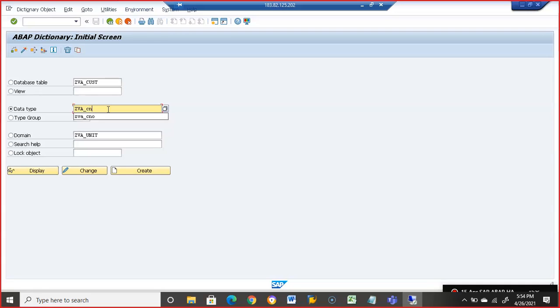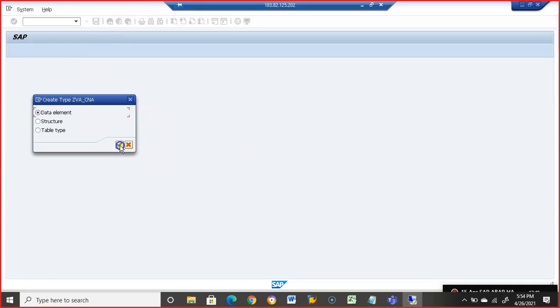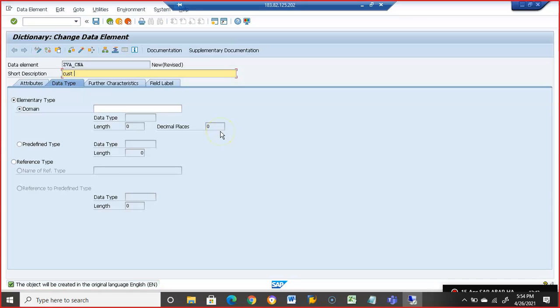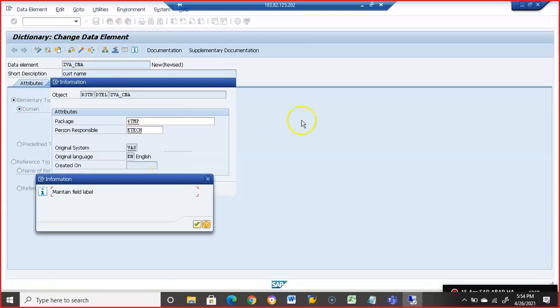Okay, I think I missed creating a data element for customer name. So let me do that. Customer name, ZVA_CNA customer name. Activate this.